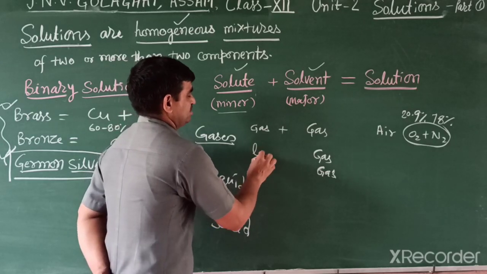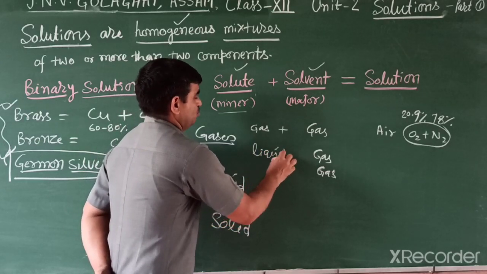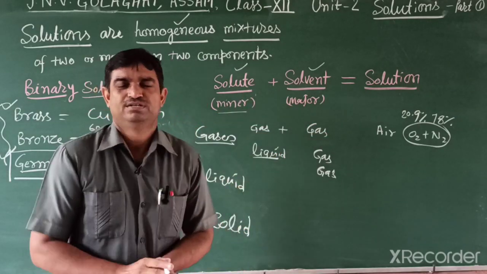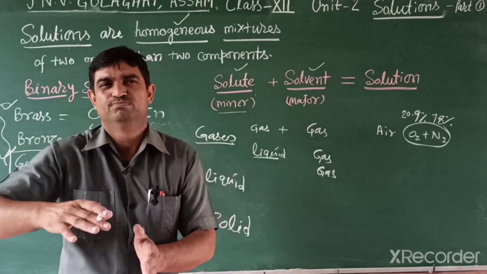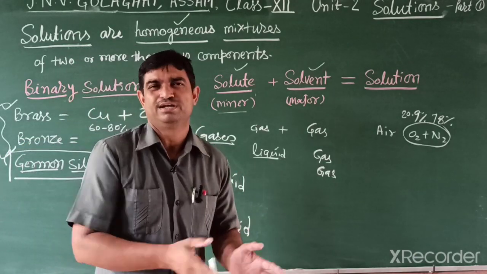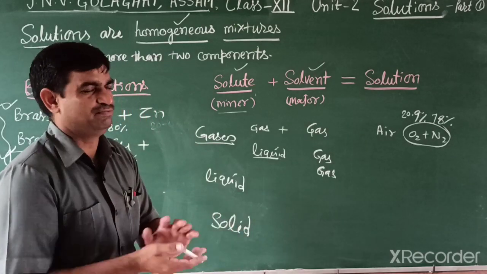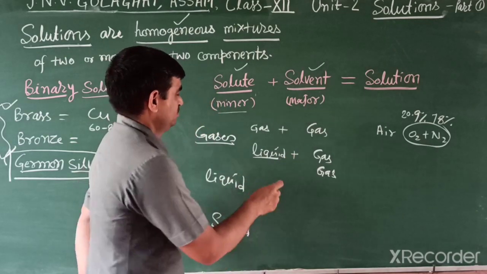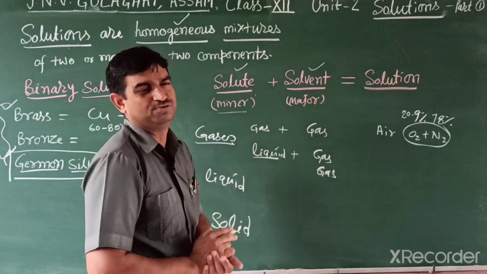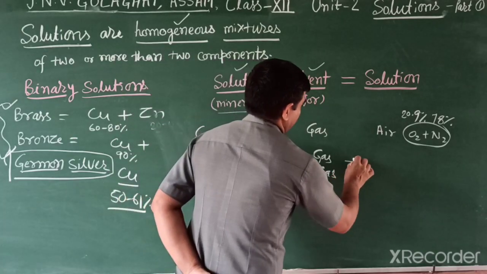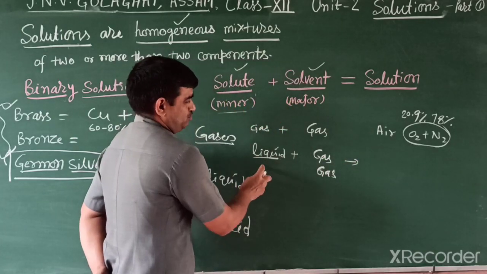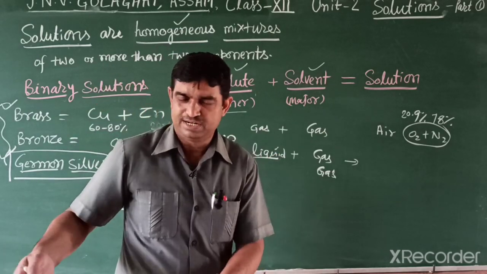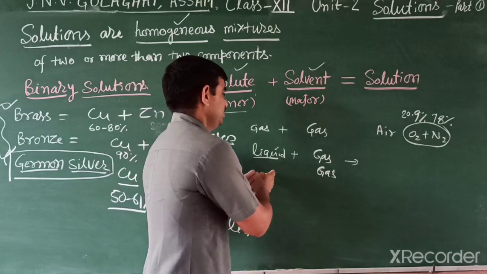Another is liquid in gas, where the solute is a liquid and the solvent is a gas. For example, if we open a chloroform bottle, chloroform that was used in hospitals earlier for operating on patients, that liquid spreads into gaseous form. So that is also a gaseous solution. And solid in gas, for example camphor. You know camphor balls, if you place them they sublime, so that's solid in gas.